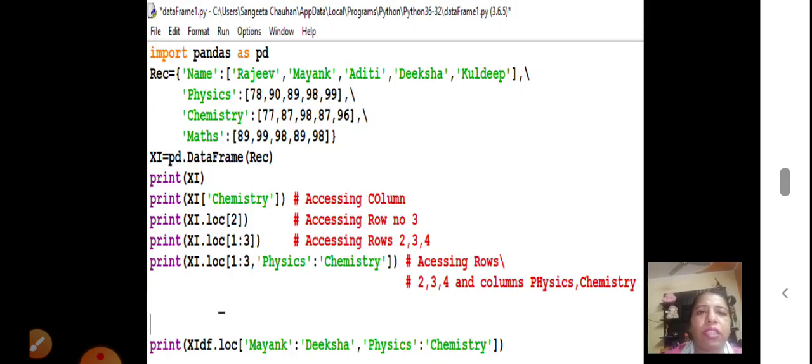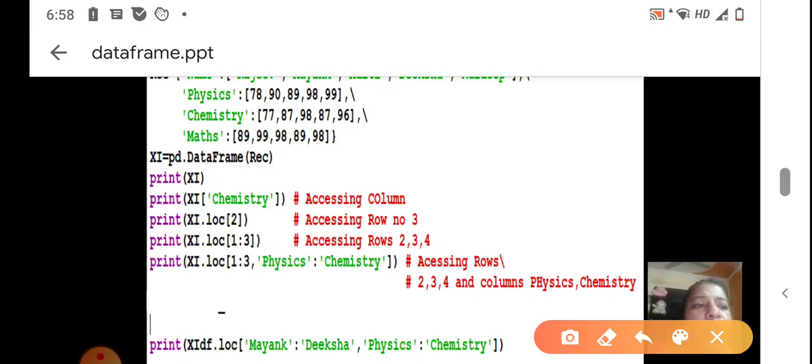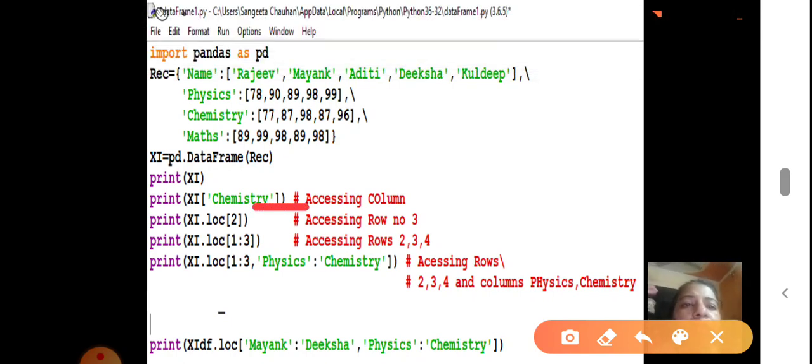Now the next code I am discussing. Suppose I have created a data frame with the columns name, physics, chemistry, maths, and the name of the data frame is 11th. Print 11th. Then I have used print 11th['chemistry'], which will display the column chemistry, and the first code displays the whole data frame.